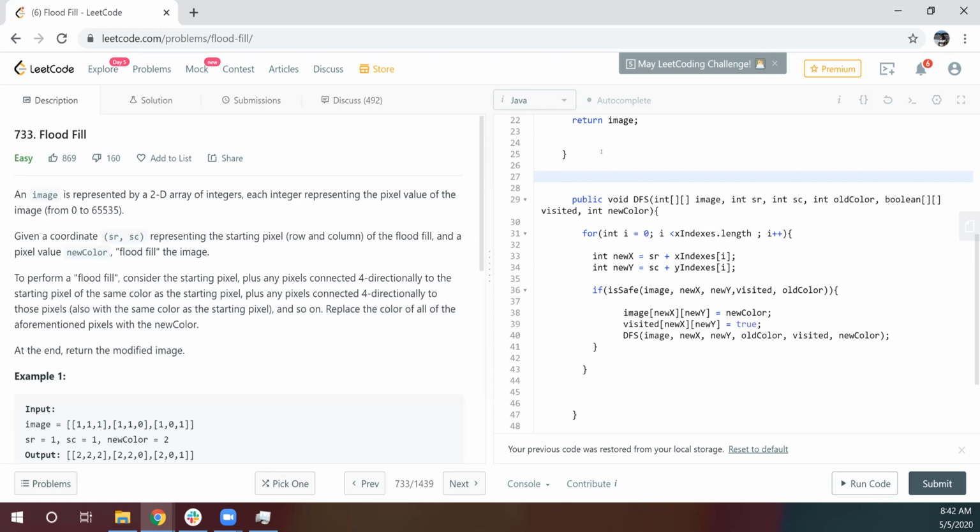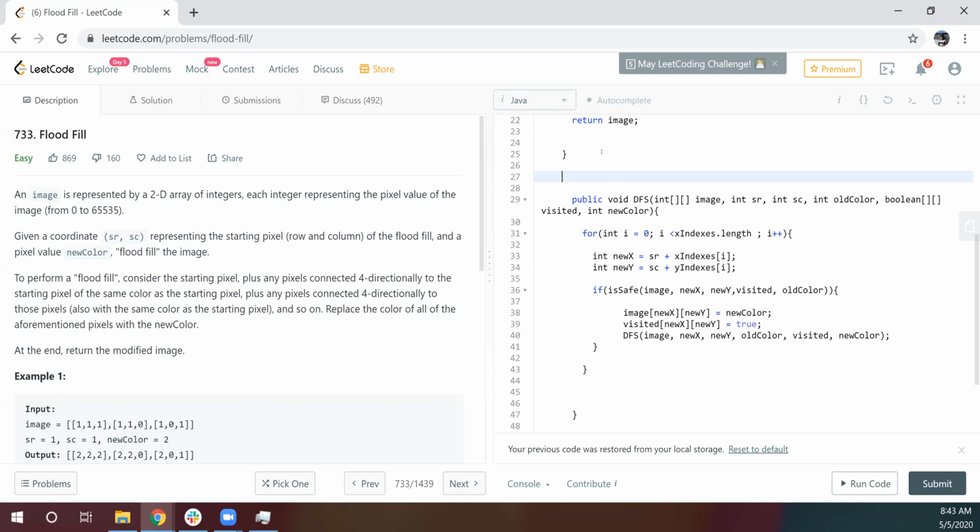Iterative, yes, we can do iterative, but if you see the properties of DFS, it goes from one node to another node to another, and it will keep on going till it reaches the end. So the stack can grow like anything. But BFS first visits all its neighbors, then moves to the next neighbors.